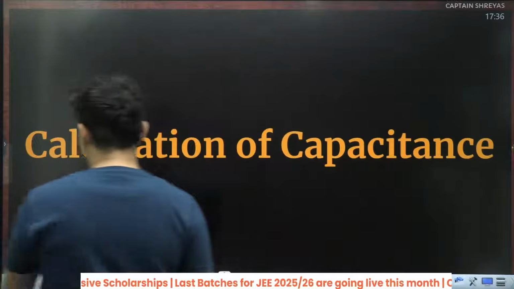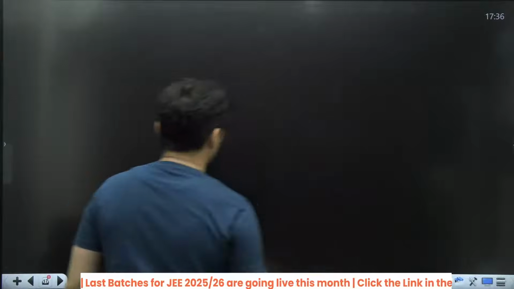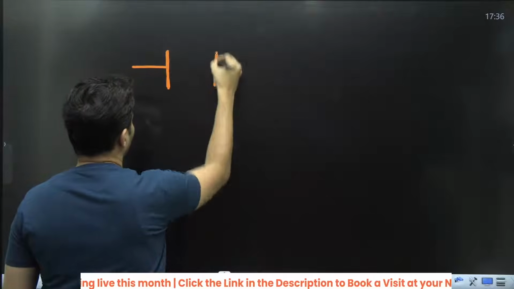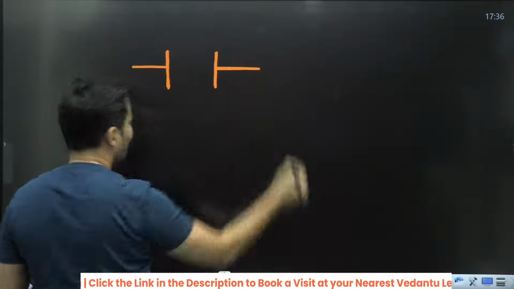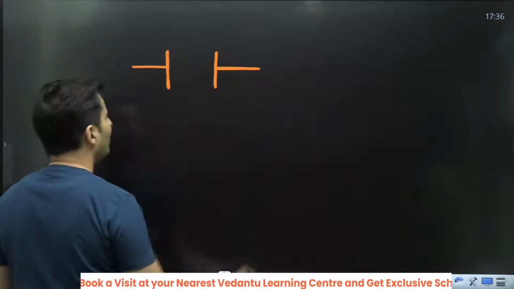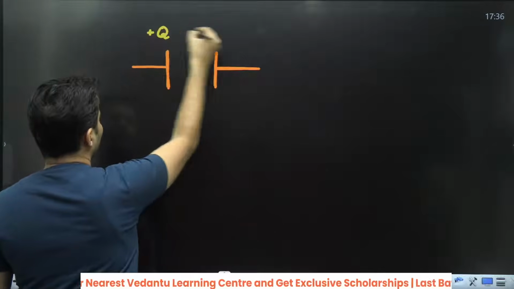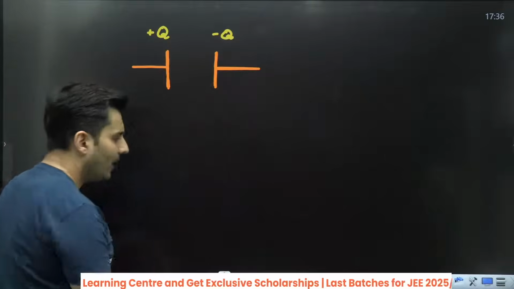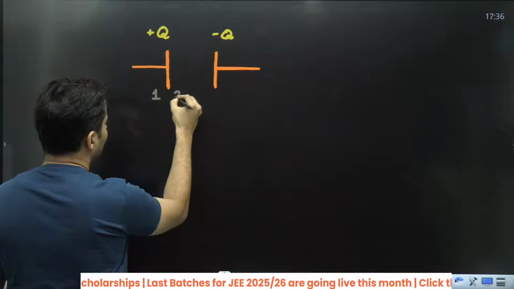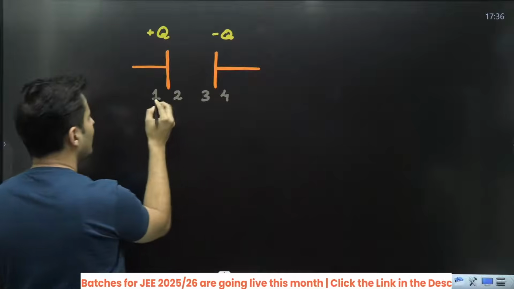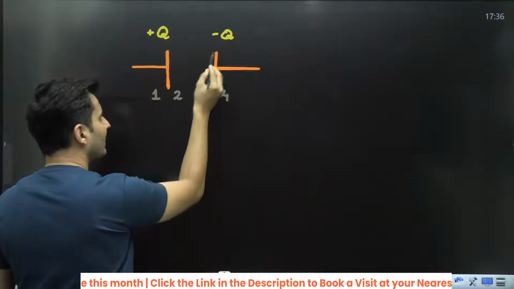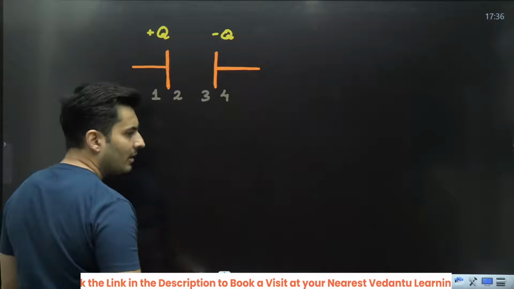Now let's calculate how much is the capacitance for different geometries. But before going there, I have a simple question for you. Imagine there is a conductor over here and there is another conductor over here. You might have to think of Gauss law electrostatics a little bit. And I tell you, listen, the charge on the capacitor is Q. So you will say, okay, sir, there is plus Q over here and there is minus Q over here. My question to all of you is, where are the charges? Because there is one side here, another side here, another side here, another side here. One is the outer side of the left plate, two is the inner side of the left plate, three is the inner side of the right plate, four is the outer side of the rightmost plate.